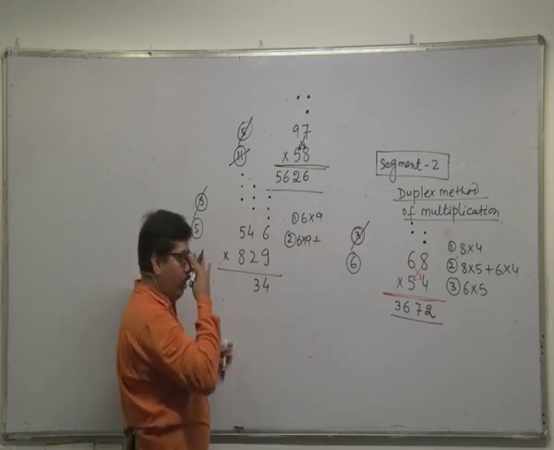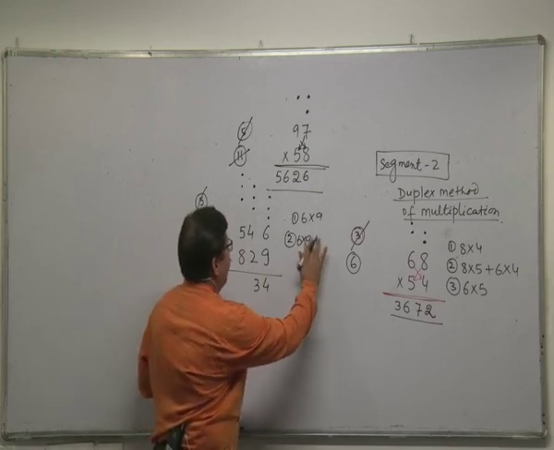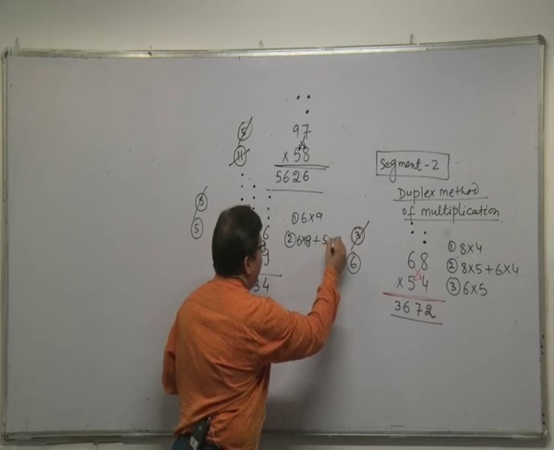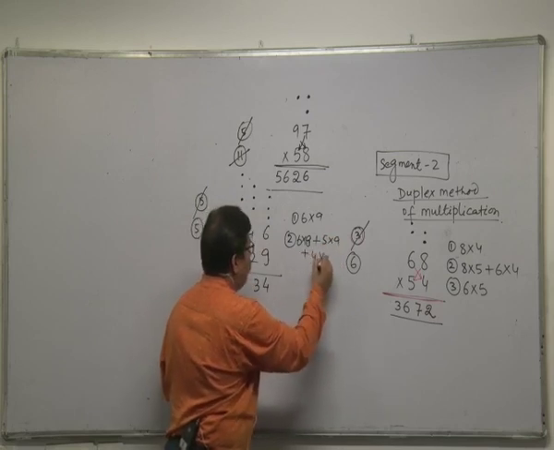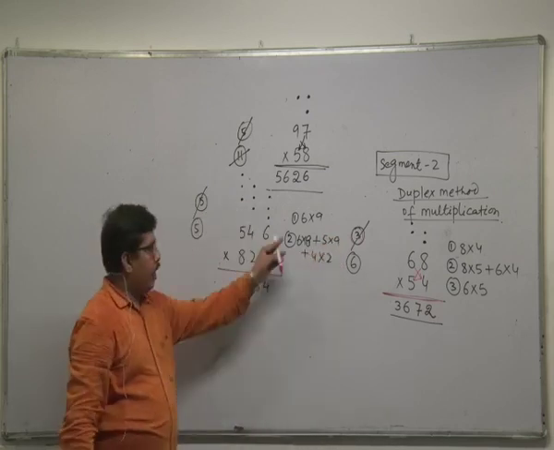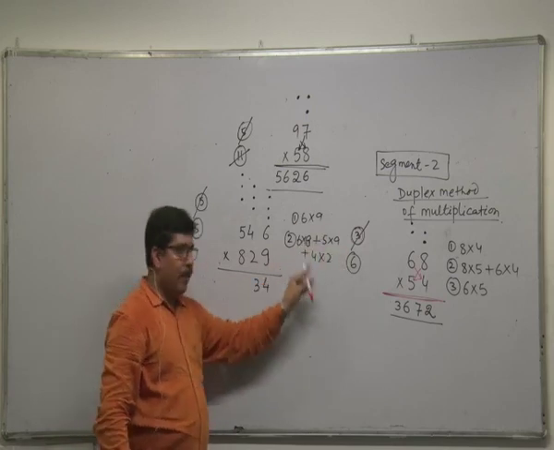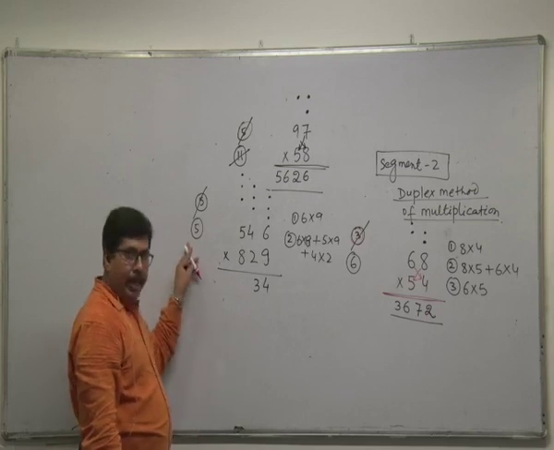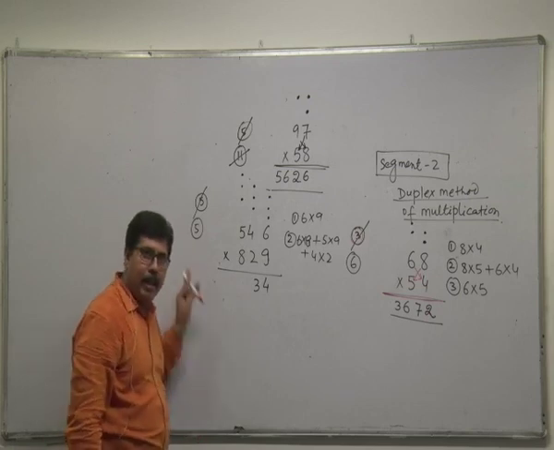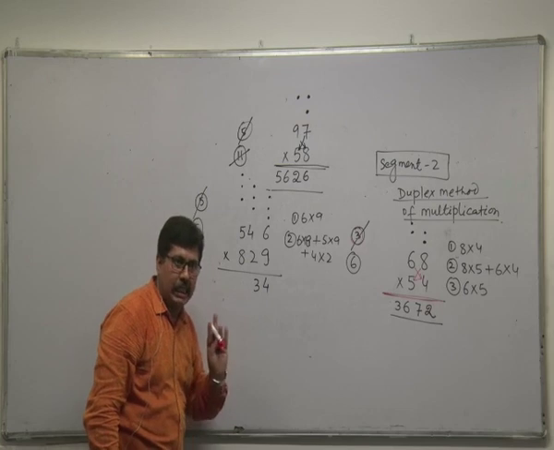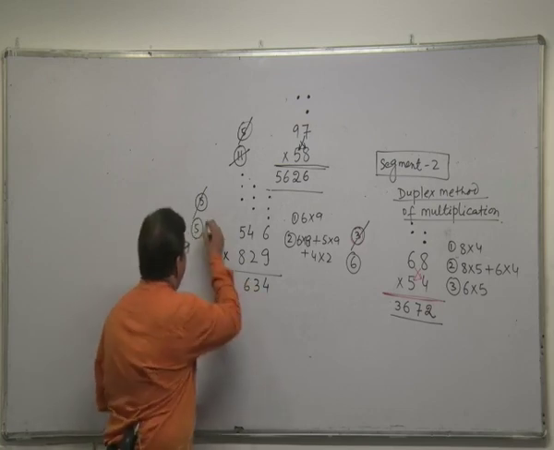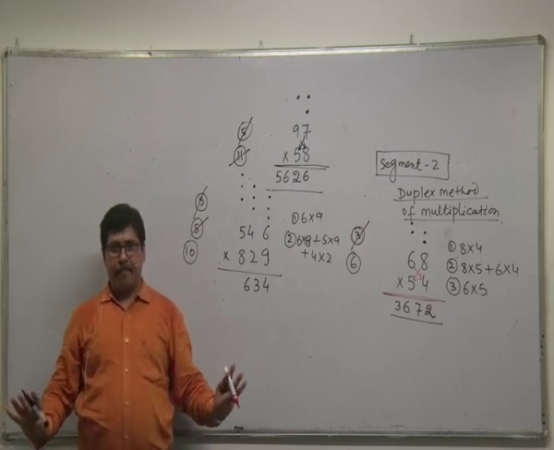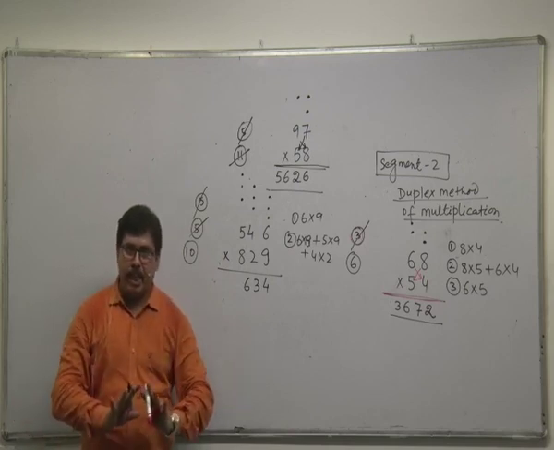So you can write over here, just for your revision purpose, I am writing all the statements, all the steps. 6 into 8, right? Plus 5 into 9, plus 4 into 2. So 48, 45, 93, plus 8, 101, right? And 5 is my carryover. 101 plus 5 is 106. 6 and 10 is the carryover. I hope this is fine. First 3 steps are clear.